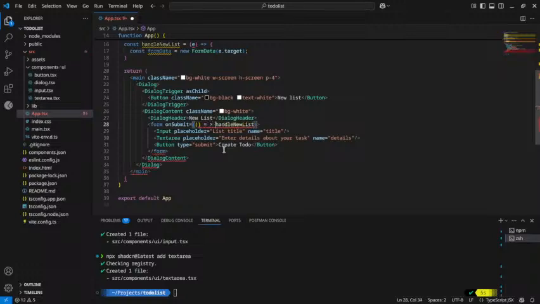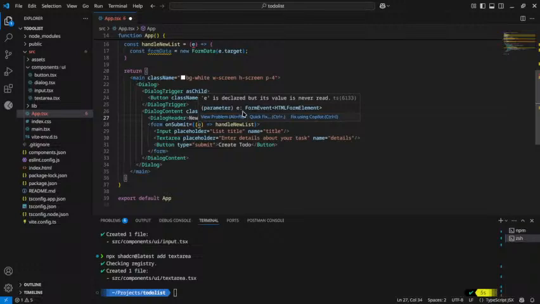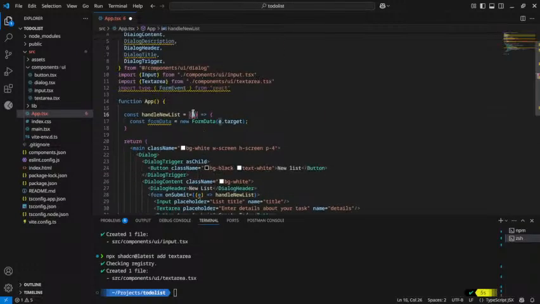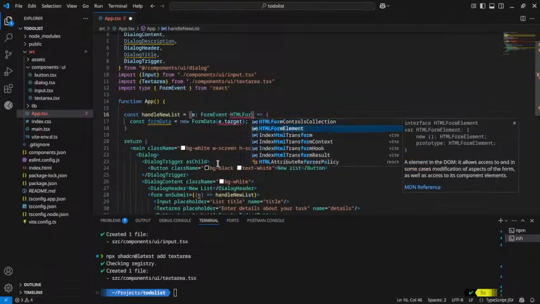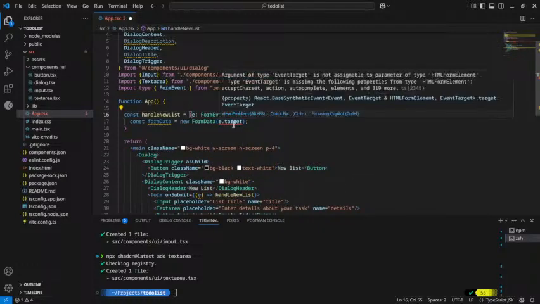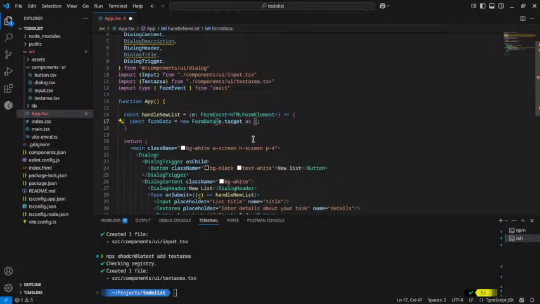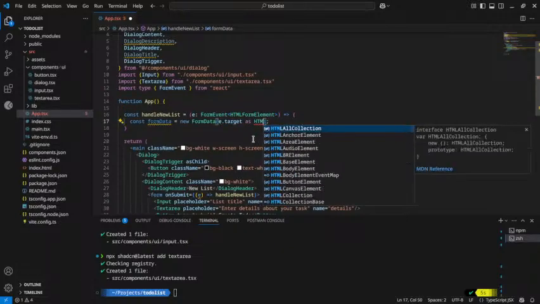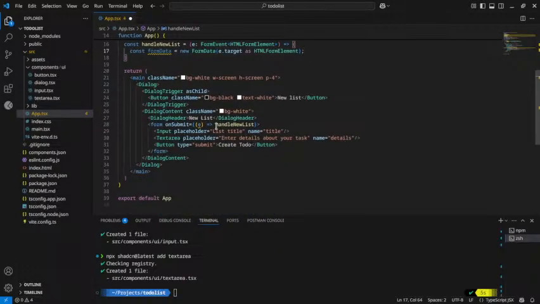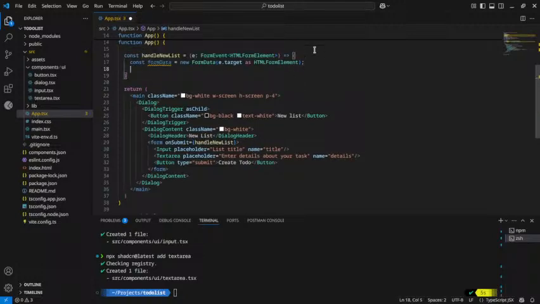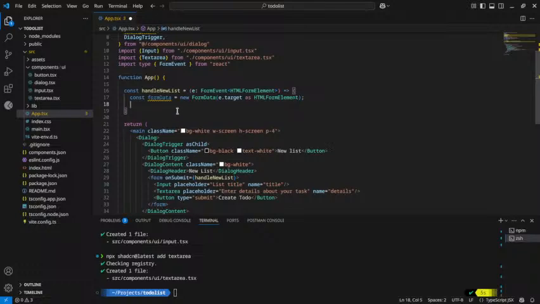When I have a doubt about what type something is, I can just do this and I will know exactly what it is. Form event, HTML form element. It looks like it is still not letting me do that, so fine. I will just force it to be my type. Now it is not complaining anymore. It feels like a hack, but that's how it is. Now we have the form data. I can actually see what data has been submitted. If I do console.log